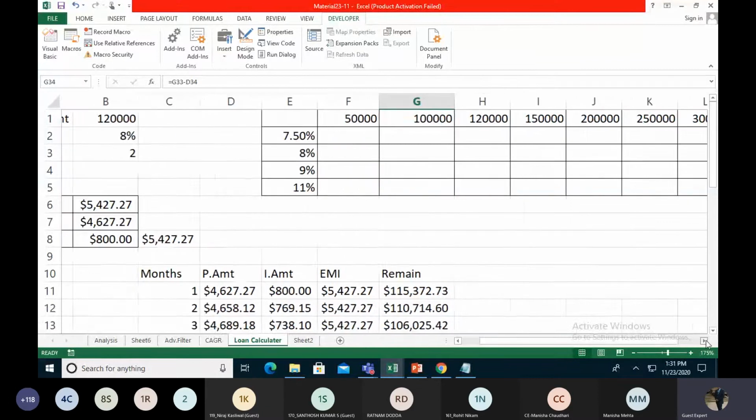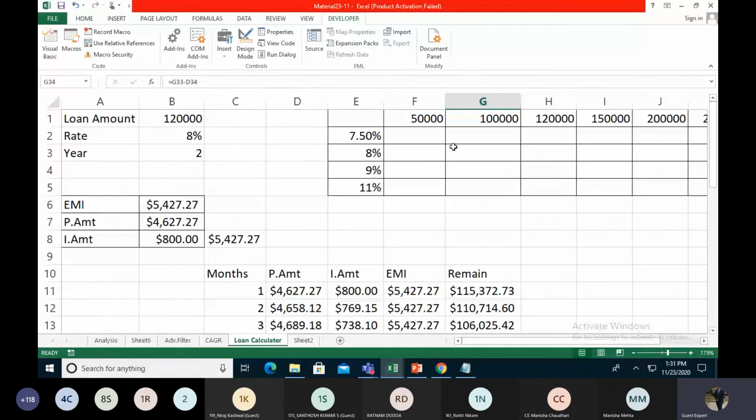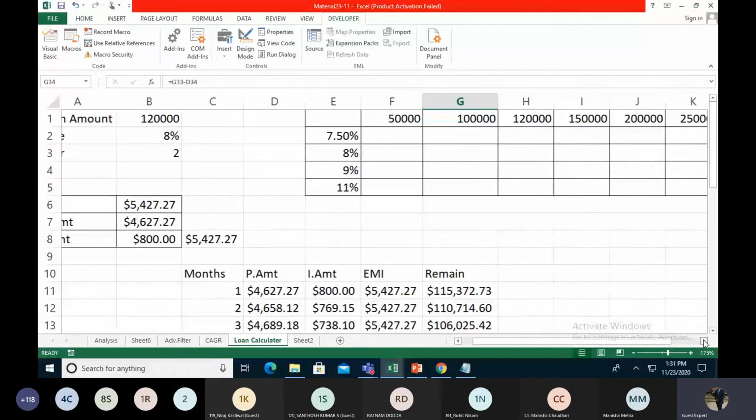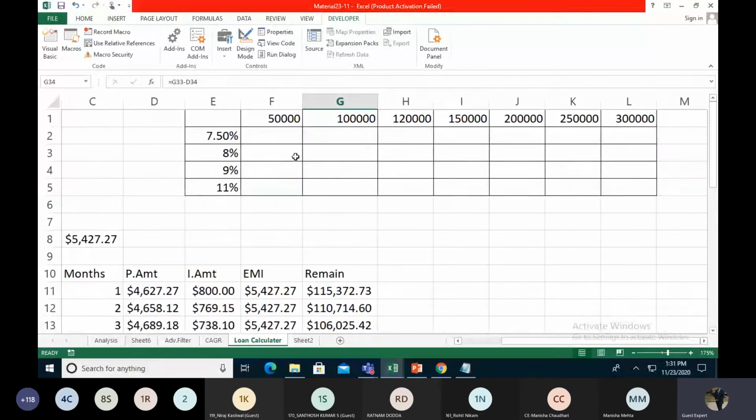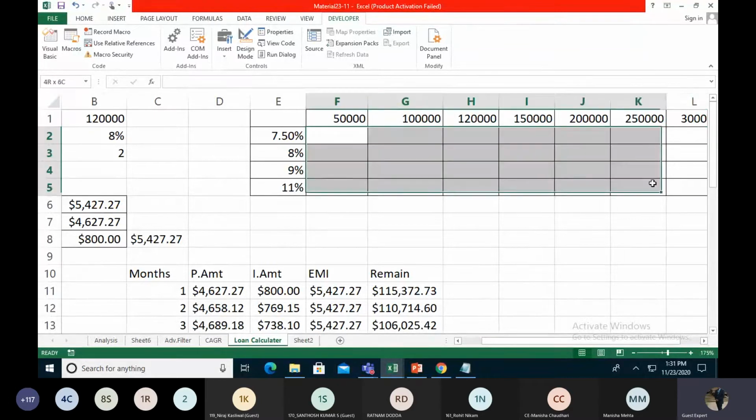The next thing is we want to create a chart. Right now we made all the formulas, but now we want to create a chart. Like, I take loan amounts of 50,000, 1 lakh, 1 lakh 20,000, 1 lakh 50,000, 2 lakhs, 2 lakh 50,000, 3 lakhs, and different kinds of rates, and we give a length of at least 2 years. So over here we want all the EMI values.